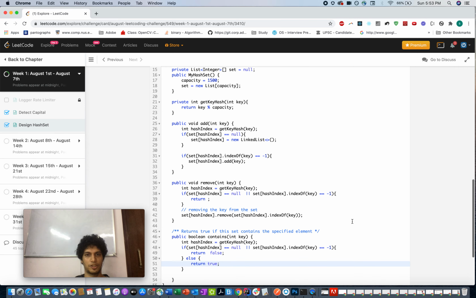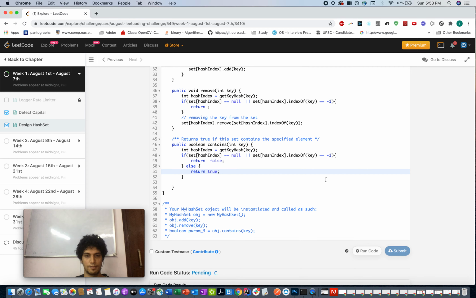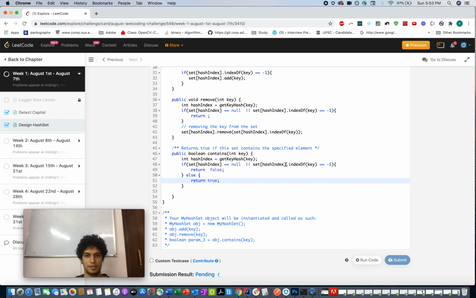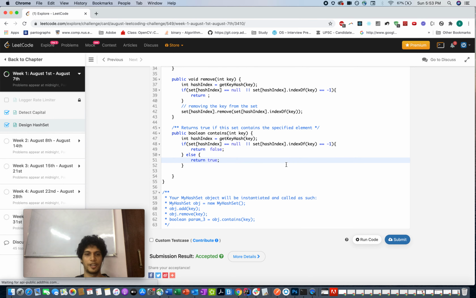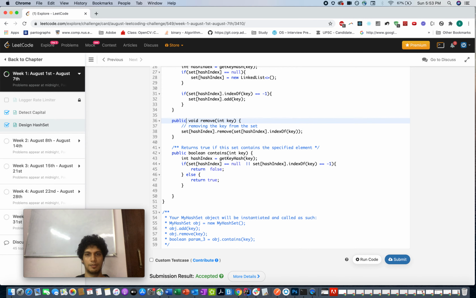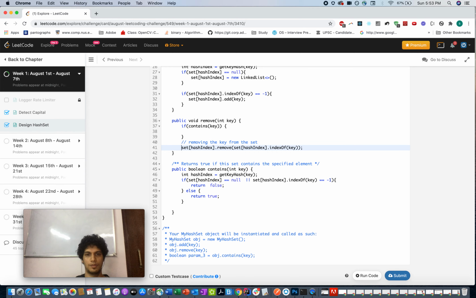So let's try and see if it works. And then now let's submit it. Oh, it got accepted. A slight improvement that we can do here is, you should ideally check first before removing it if contains of key is true, then you do this.